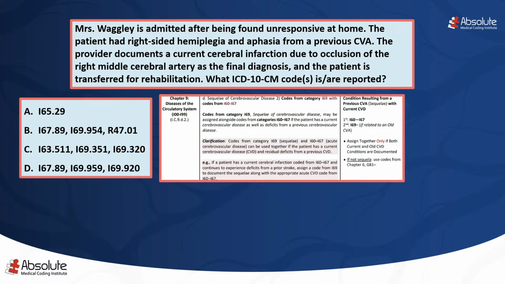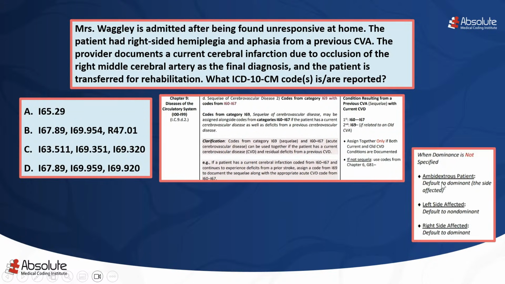And if we go back to this scenario, we see that the right side is being affected. So this is definitely going to be a big keyword that we're looking at in this scenario. So it's saying right side is being affected. And the reason we are coding the right side as the dominant side, this is going to be our second guideline we're going to be using. So this is the guideline that's referencing dominant versus non-dominant. And this is going to be the ICD-10 code